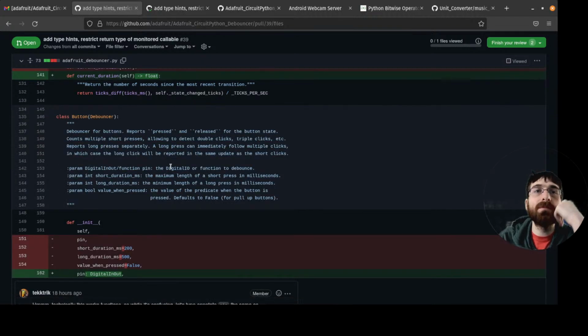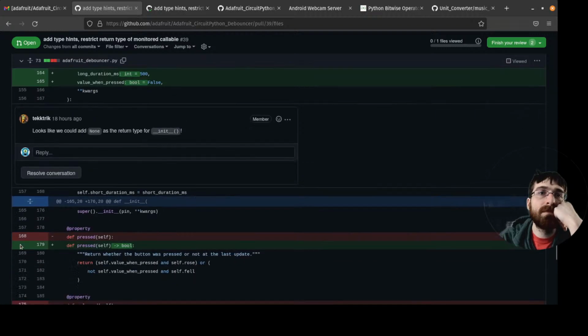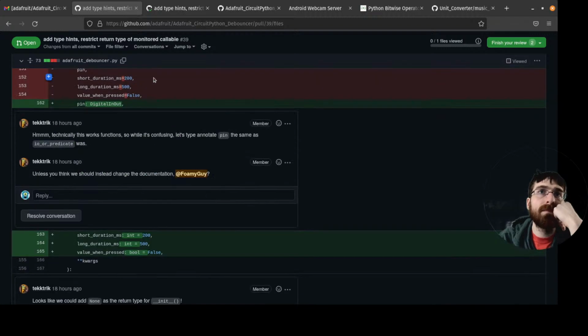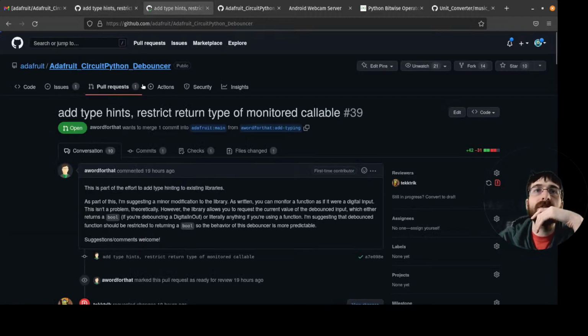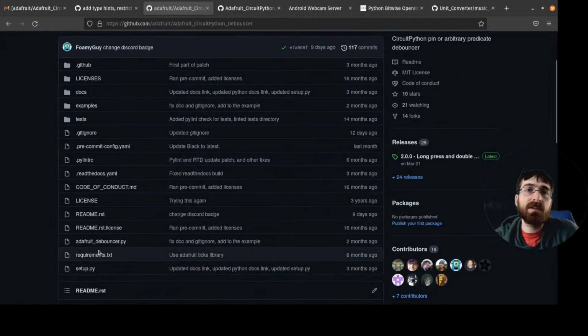This one is inside button. Does it work the same? Well, because it extends button, it works the same. Just passes pin as IO or predicate, is that right?